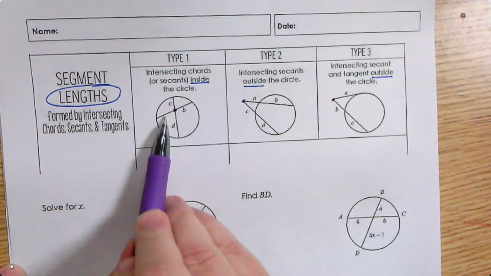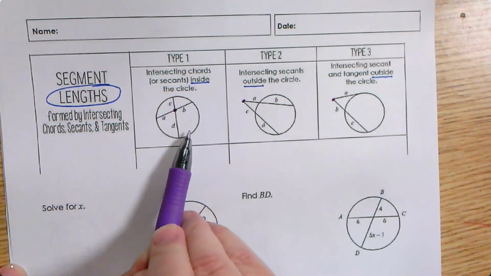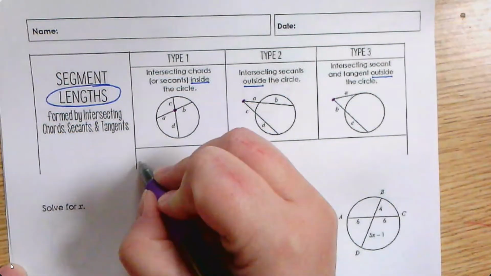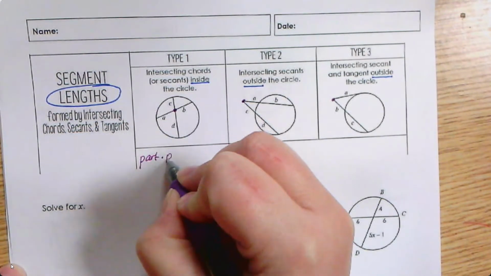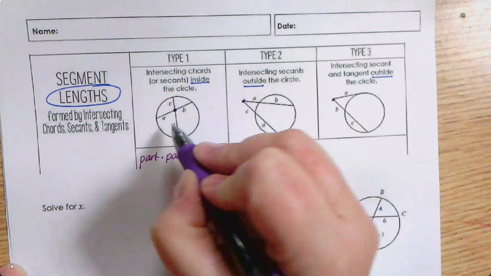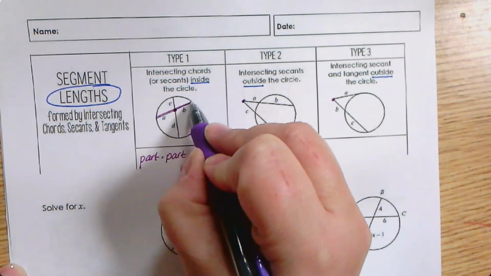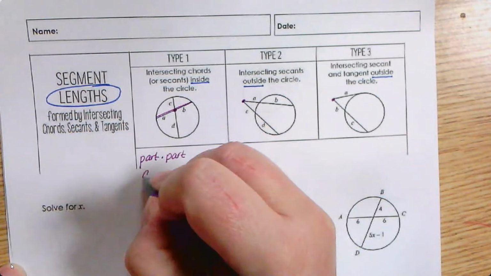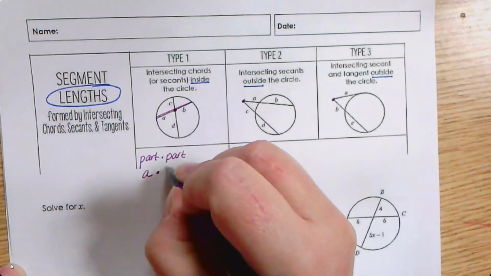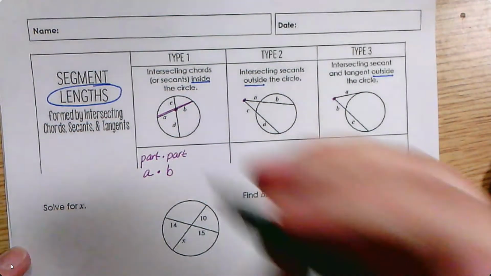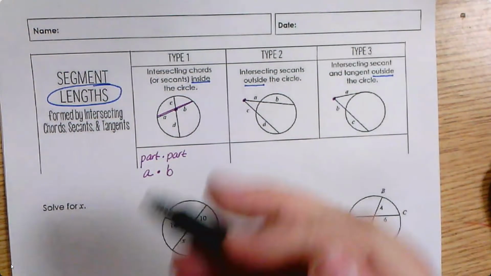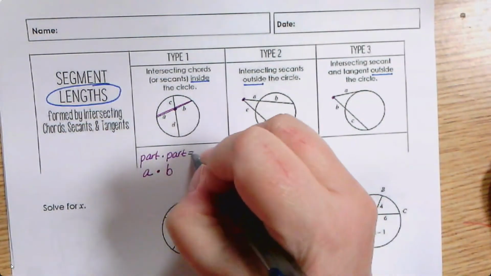Okay, so when we have segments that meet inside the circle, which means they're both chords, here's how we're going to think about what happens. We're going to say that one part times the other part of one of the chords, meaning this whole thing's a chord, so like part A, the part labeled by A, times the part labeled by B. So the two parts of the same chord multiplied together equals